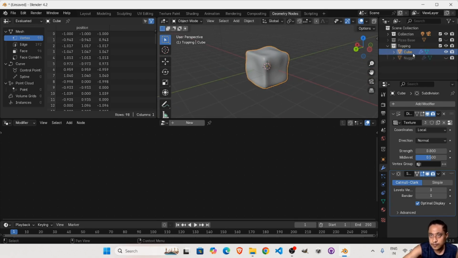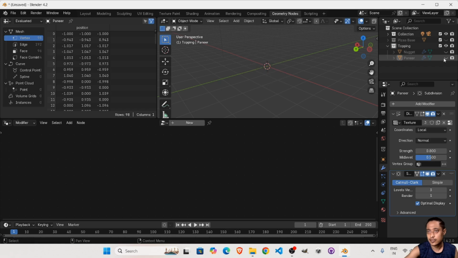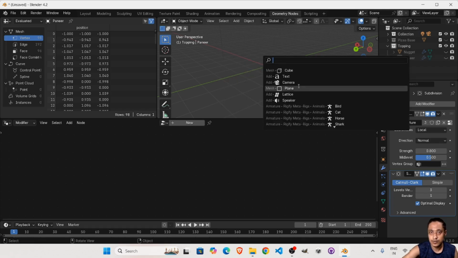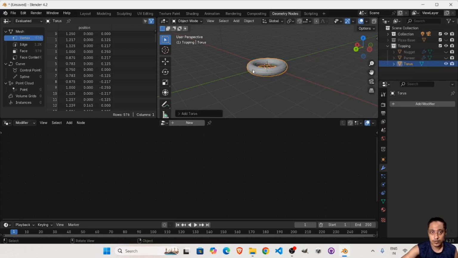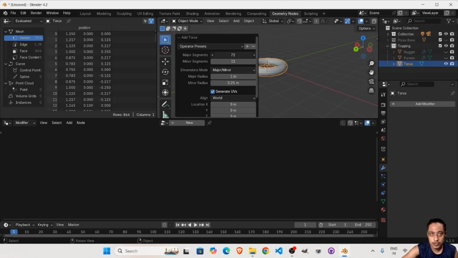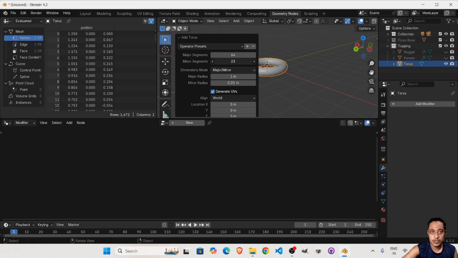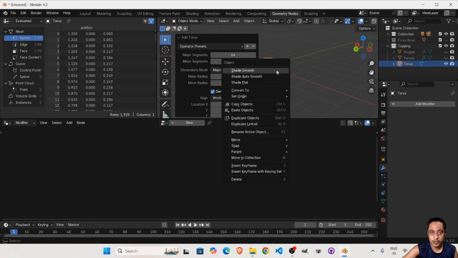Let's move ahead and call this paneer because I love them. I love paneer. And now let's close it. Now we go to torus. That's another topping that we are going to make. Change this one, change this one as well, right? Shade smooth,